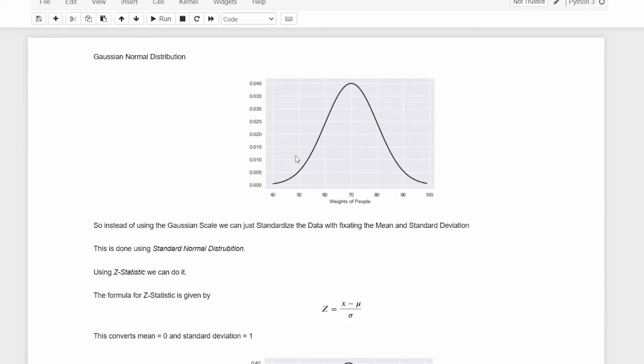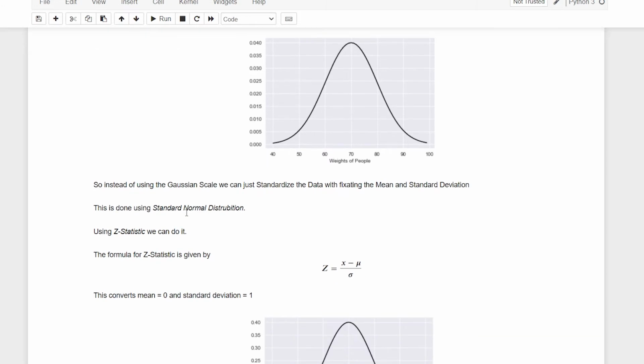The meaning of standardization is that we scale everything down so that the mean becomes 0 and the standard deviation becomes 1. So instead of using the Gaussian scale, we use the standardized scale.